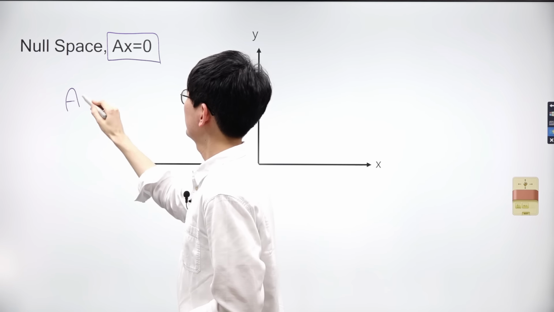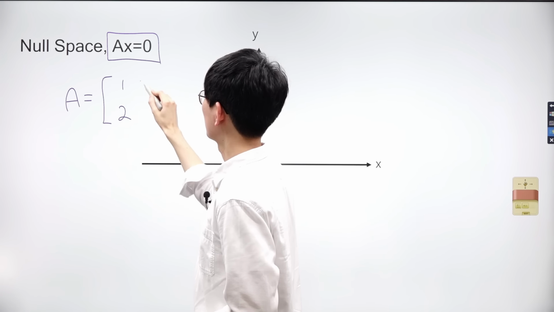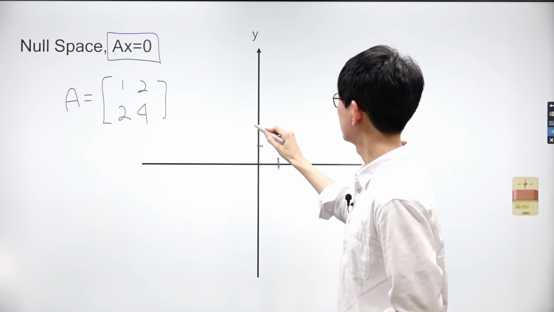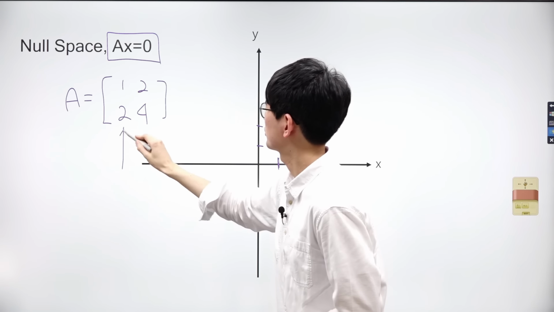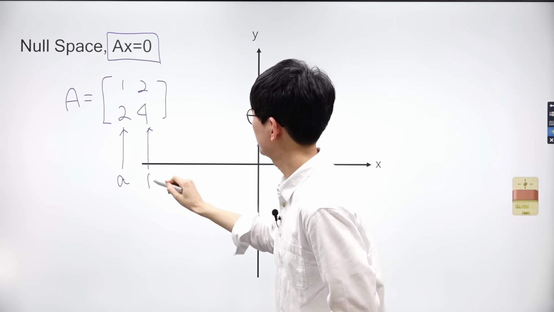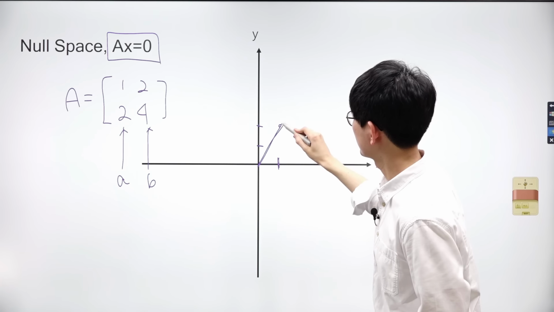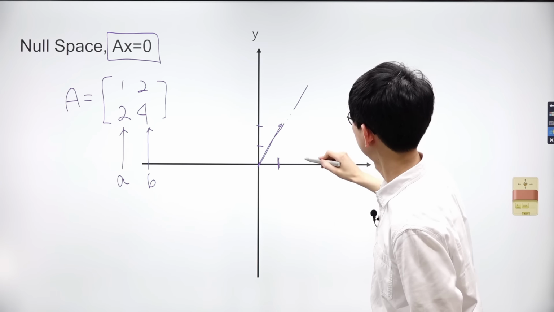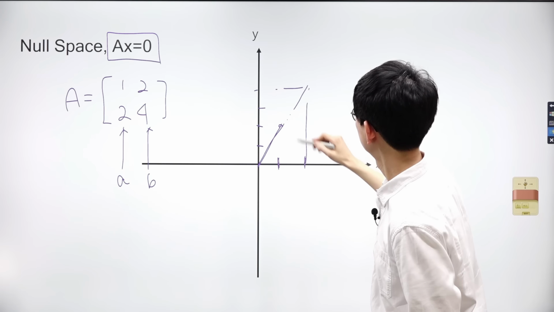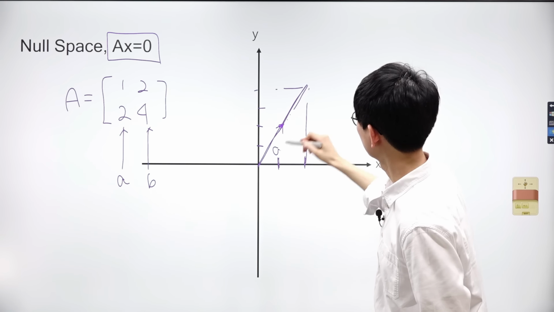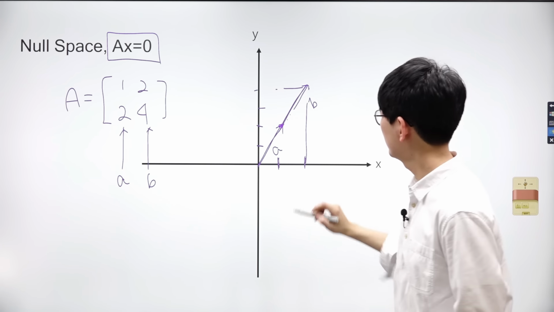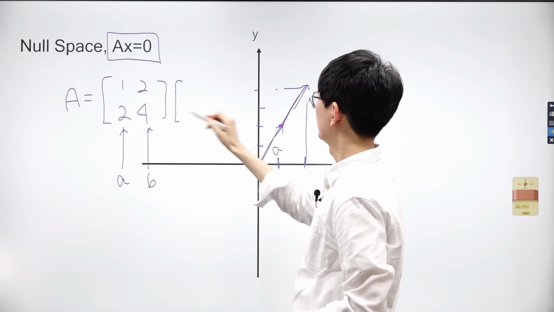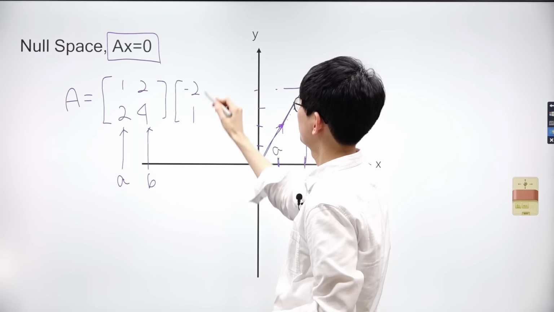Let's explore matrix vector multiplication within a two-dimensional plane. Consider the equation Ax equals 0. Let matrix A be defined by the vectors (1, 2) and (2, 4). We'll denote each vector as A and B. Let's plot vector A and vector B on a two-dimensional plane. So this is vector A, and this is vector B. When we plot these vectors on the same plane, we observe that we can obtain vector B by scaling vector A by 2.